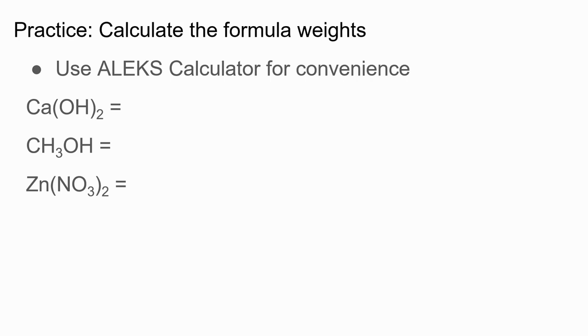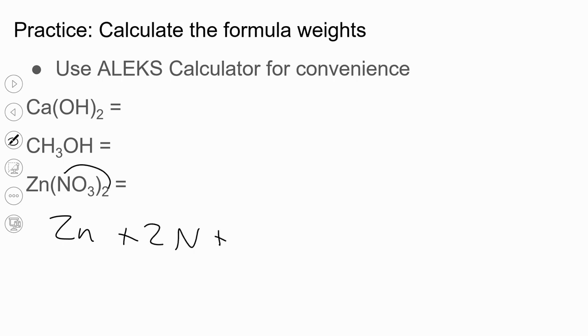The last one? Okay, so we're going to add up zinc plus how many nitrogens? 2 nitrogens plus 6 times oxygen. Okay, so then we just need to look this up. Remember, if you're doing Alex homework, you really need to use the Alex periodic table. But if you're just doing this for a lab or just for notes, you can just look it up here. So zinc on this periodic table is rounded to 65.38 plus 2 times nitrogen here is